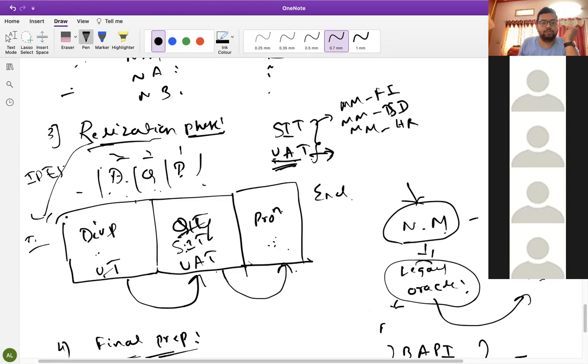No. In development, we develop all the configuration part. Then it is moved to the quality server, where we check whether all the configuration is working or not. The Sandbox server is also there, but it is not linked with your three servers: development, quality, and production. It is like a practice server.